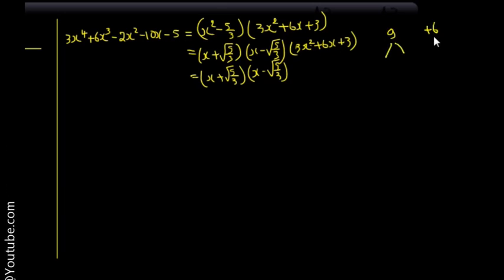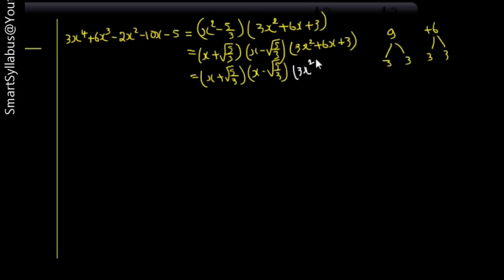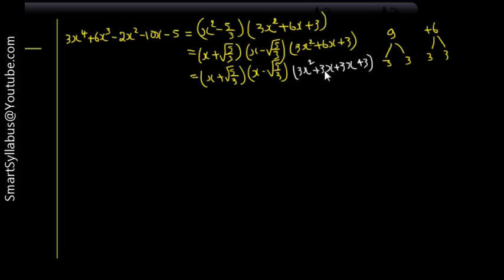Now we have to think about those two numbers whose product is 9, in which table the 9 comes. Of course it comes in the 9 table and the 3 table, so we go for 3. 3 3s are 9. Now add or subtract: 3 plus 3 is 6. So these are the factors. Now use these and split the middle term. 3x squared plus 6x can be written as 3x squared plus 3x plus 3x plus 3. Here the 3 is as it is, because 3x plus 3x is 6x.